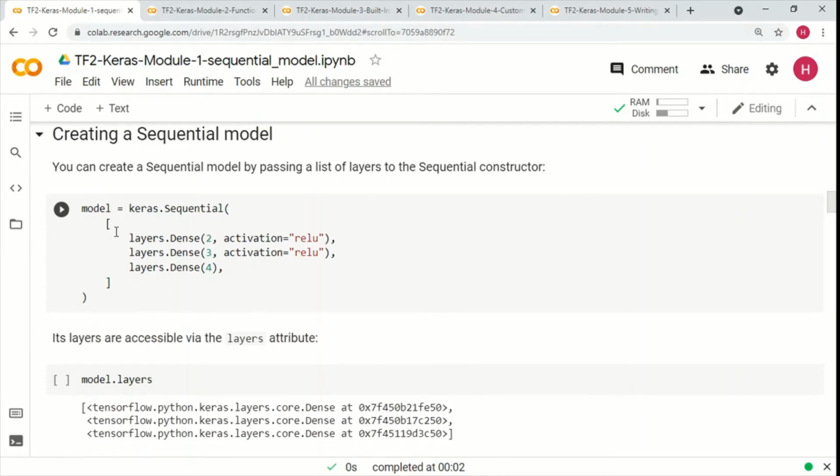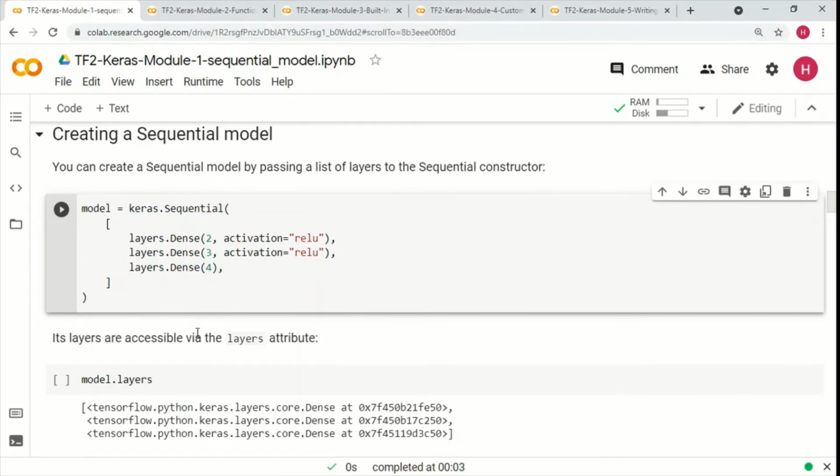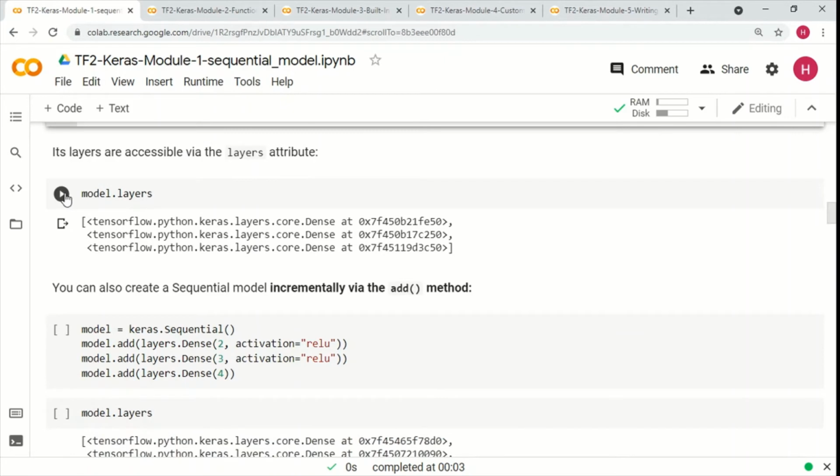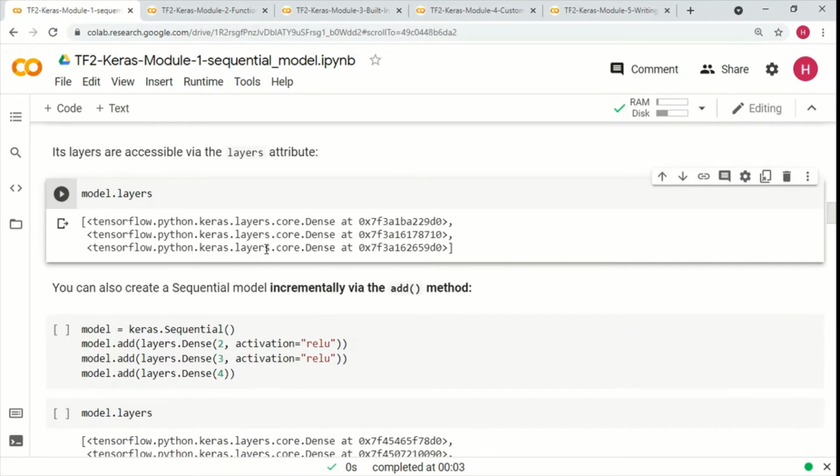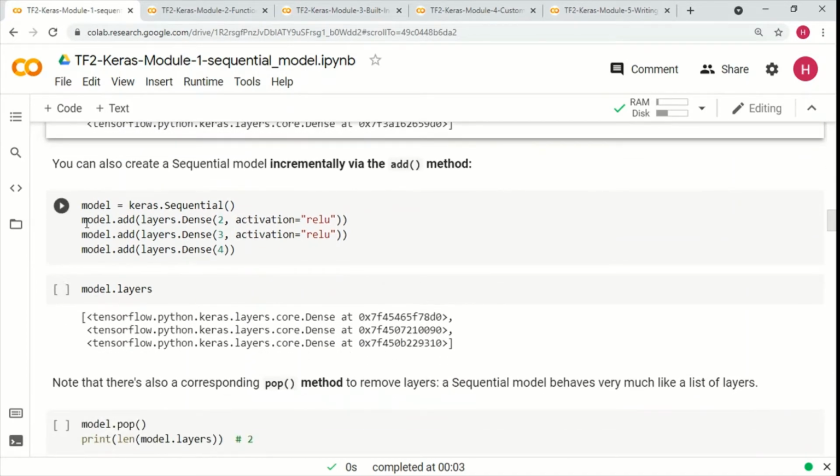So the same thing that we discussed earlier, we can give a list and we can create a model out of it. We can also see what all layers are there in the model. Here we are creating another model via the add method.